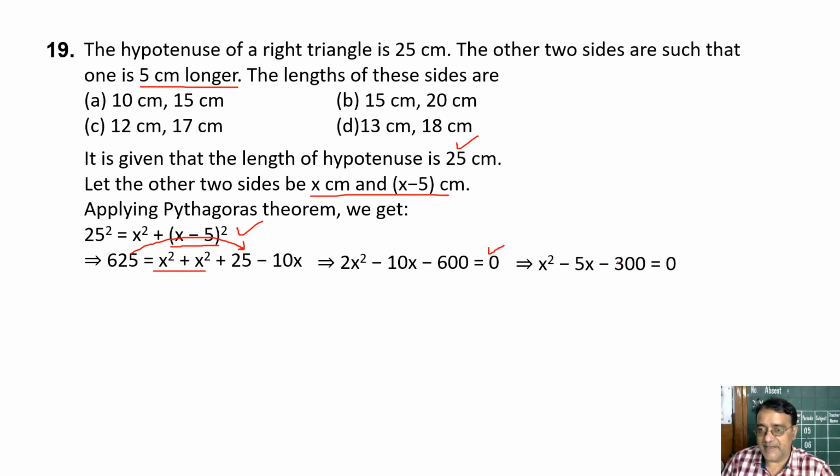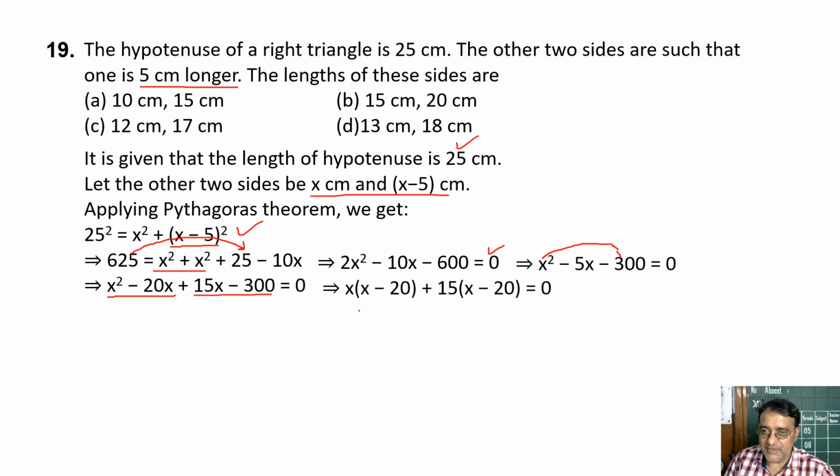अब हम लोग split करेंगे. The product is minus 300. So 300 का दो फैक्टर जिसका डिफरेंस 5 होना चाहिए. 20 and 15. Very good. So minus 20 and plus 15. So what is the common between these two? X. इन दोनों में 15. Right. So we took common. Now from this we got two factors, x minus 20 into x plus 15. So दो values आ रहा है. कौन कौन से? 20 and minus 15. Yes, 20 and minus 15.